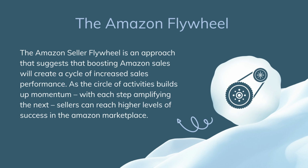The Amazon flywheel as a concept is basically that as you make sales on Amazon, you're more likely to get more sales. So I mentioned, I think previously, that bidding for things like a general search term and making a sale on that general search term will move you up in sales rank on that search term, whether or not it was a paid placement or an organic placement. So let's say that you want to be the top in your category. If you bid aggressively on the kind of primary search term for your category and get a bunch of conversions on that,